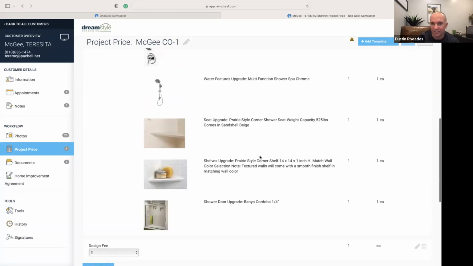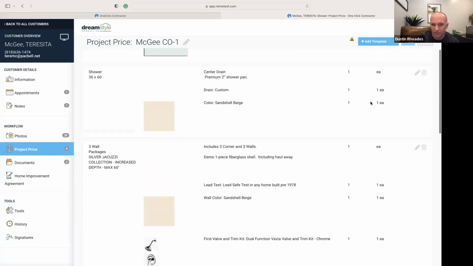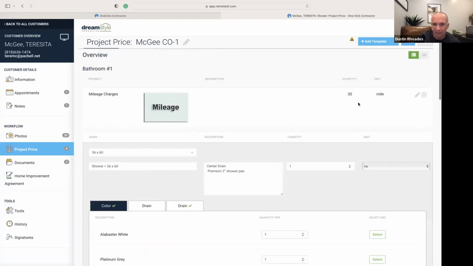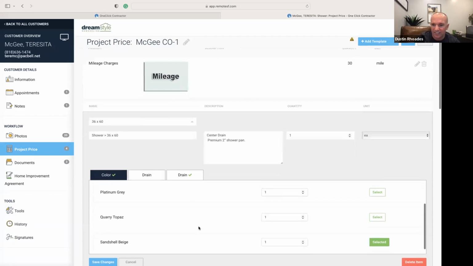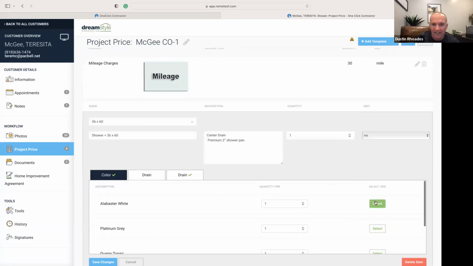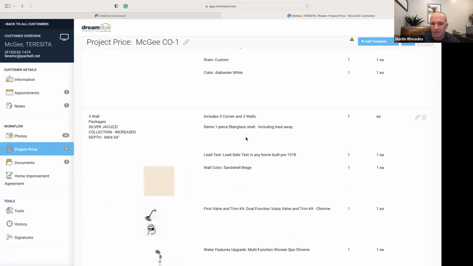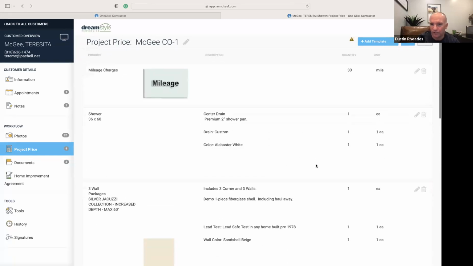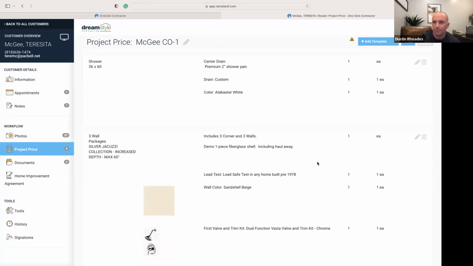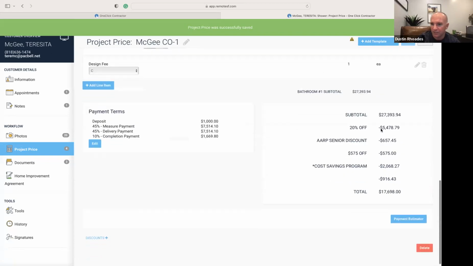Or let's say in this instance, let's say I want to change the color from Sanchez beige. And I want to change it to, let's say I want to change the floor pan. And so they decide they want Sanchez beige. They want to have white. If I have white, I'm going to save my change. And let's say now alabaster white, that's the only change they want to make, is they just want to change the pan white. So what I would do is I would save this, scroll down, make sure all of my